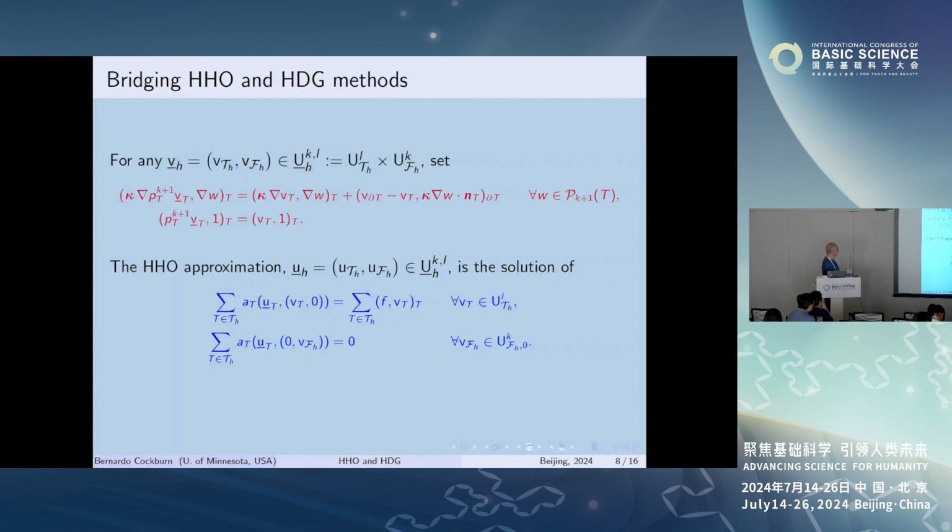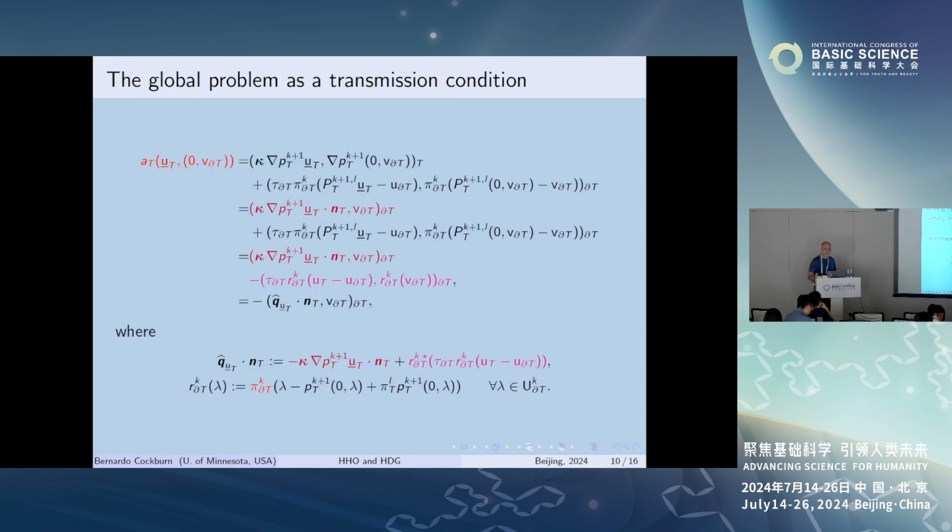So my claim is that this equation is going to give us the divergence of Q equal to F, and this is going to uncover for us the Q hat associated to the method, to the HHO. Let me try to show you that. So let's work on the red stuff, and I'm not going to go into the details, but